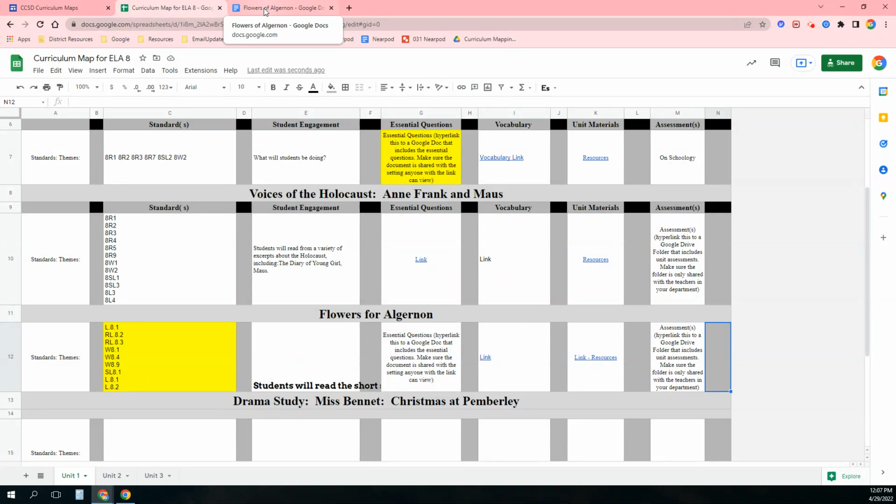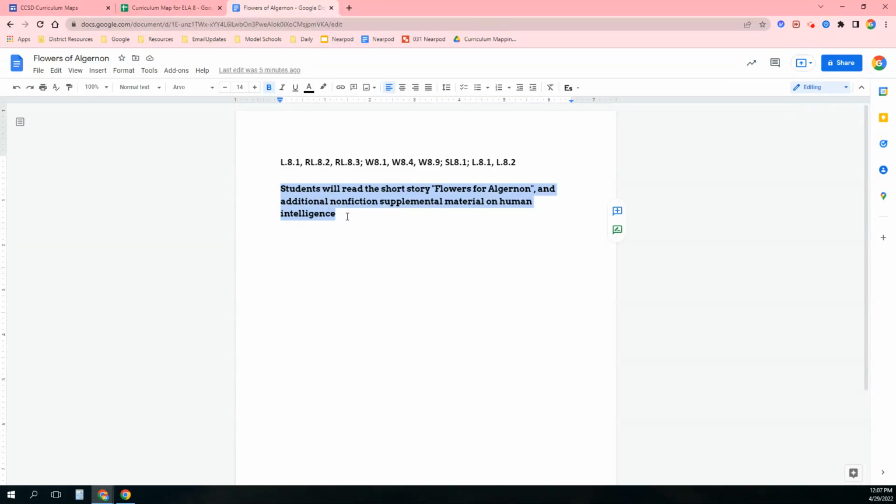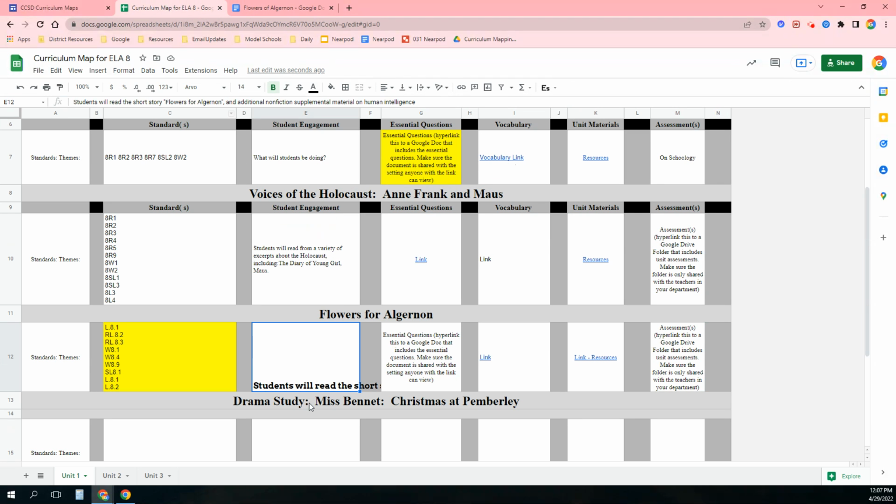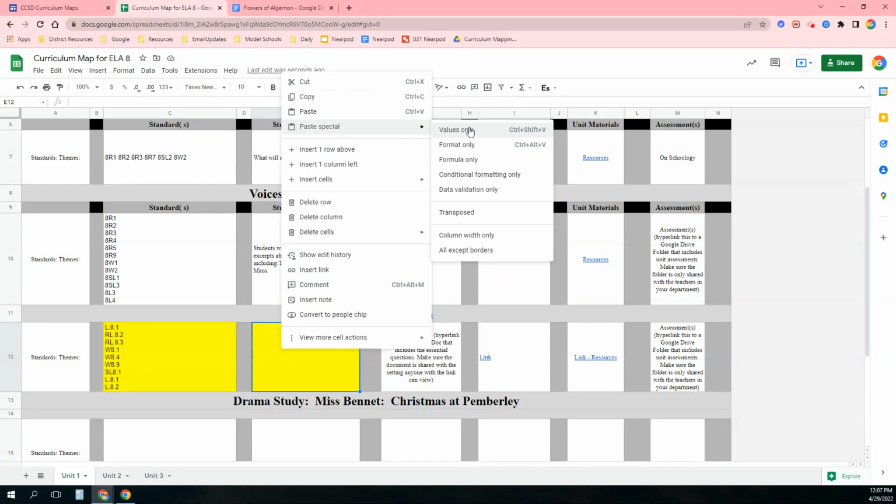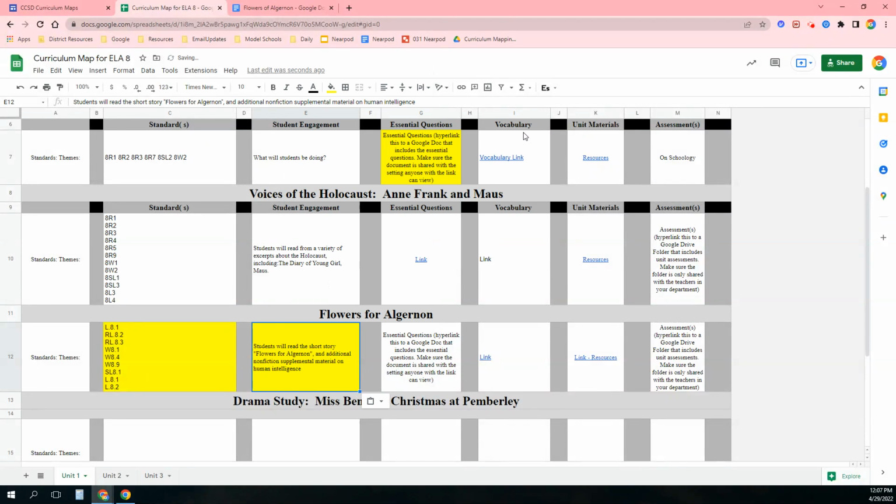When you paste text, it's going to paste whatever format that you copied. So you can see that in this document, we're Arvo 14. We have a pretty long sentence, and you can see that the same formatting applied. I'm going to undo this, and instead of hitting Control V for paste, I'm going to click Control Shift and V, or you can right click and you can do values only, and you can see here's the shortcut Control Shift V. And when you do that, now the content that you pasted in will automatically match the format